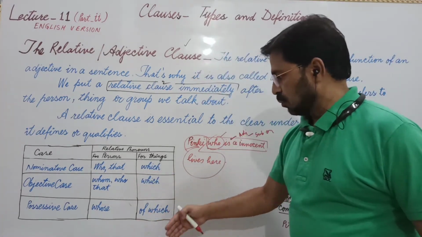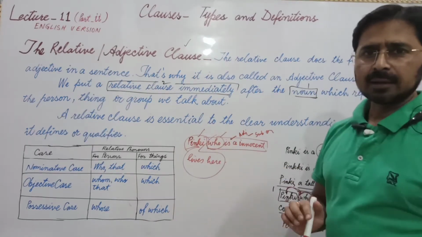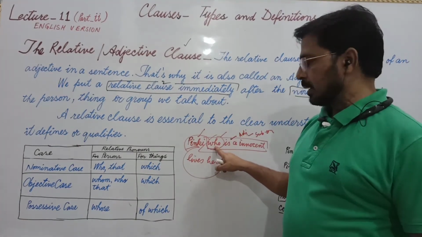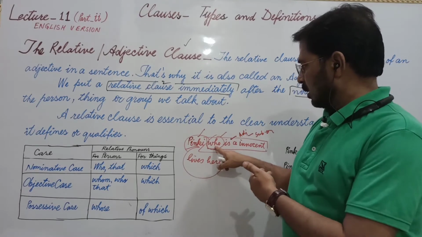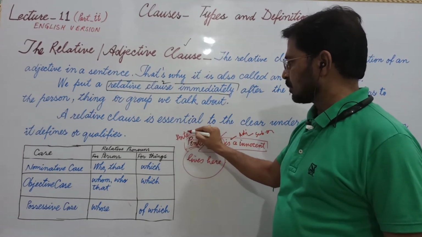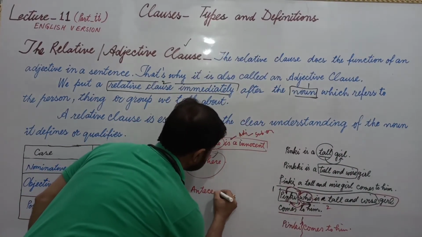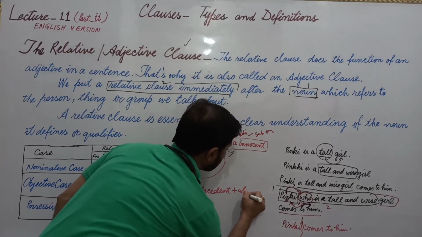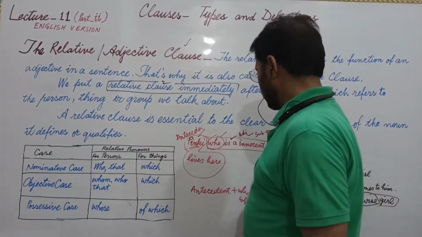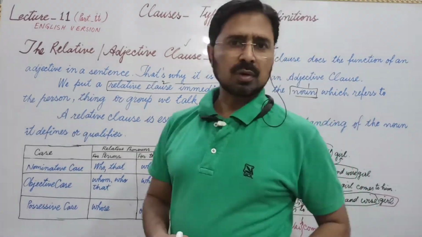There is much of this chart left that will be taught in the next lecture. This is called the antecedent, meaning the word in the form of a noun or pronoun that is used before these linkers or conjunctions, or you can say relative pronoun or relative adverbs. This word is called the antecedent. It means the rule becomes antecedent plus who, whose, or whatever you use from this chart, and then you write the next part of the sentence. This is all about adjective clause.